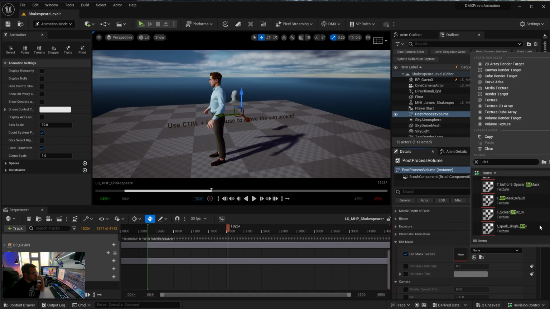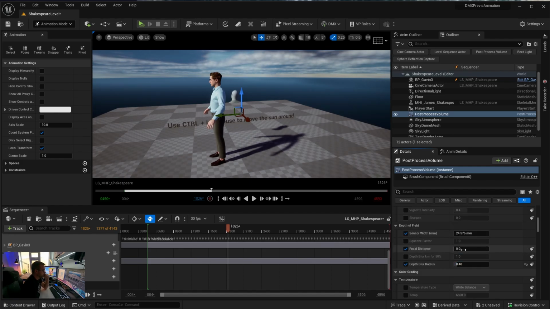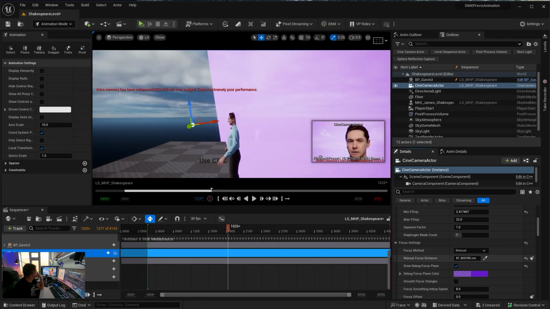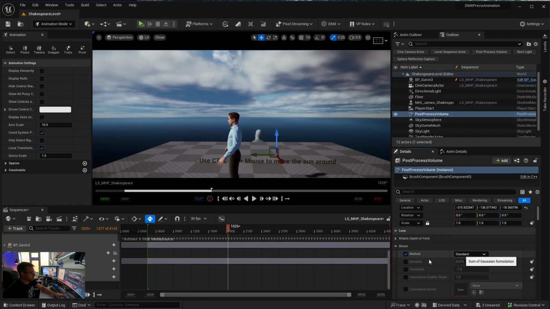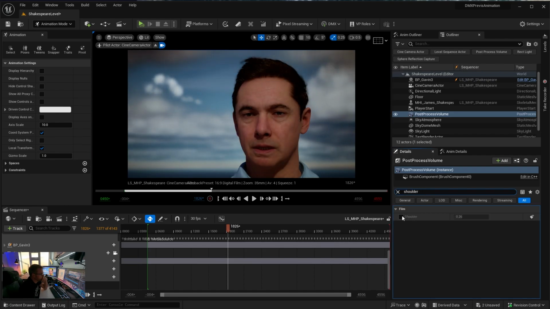I'm putting a dirt mask texture on just to give it a little bit of grit on the lens. And changing the depth of field settings, which will also get overridden by the camera, to be honest. Oh yeah, I'm in the cine camera there. So in the cine camera, setting depth of field, and now I can have a look at it on the